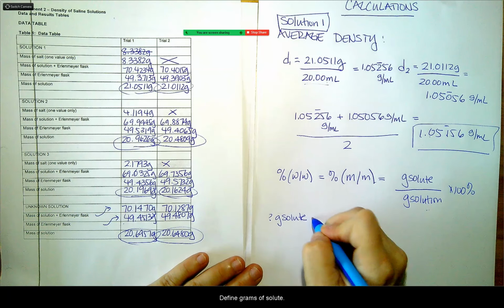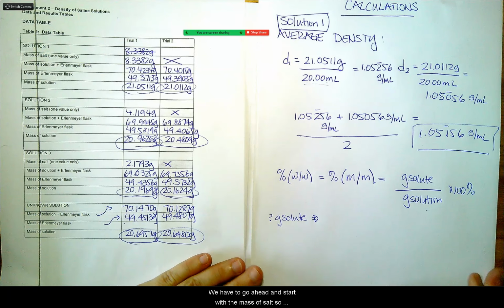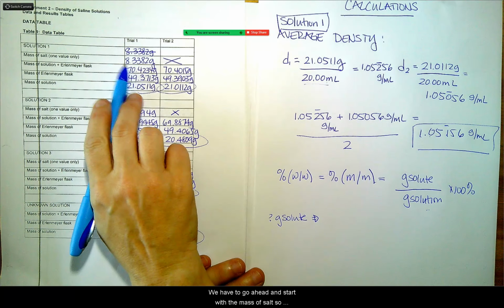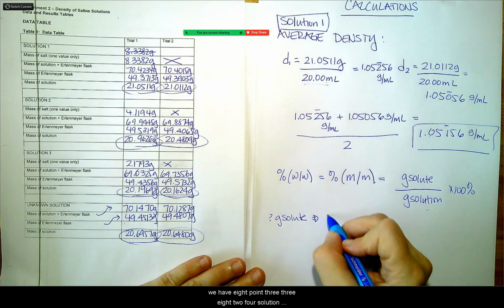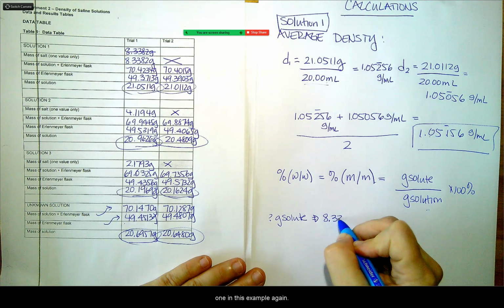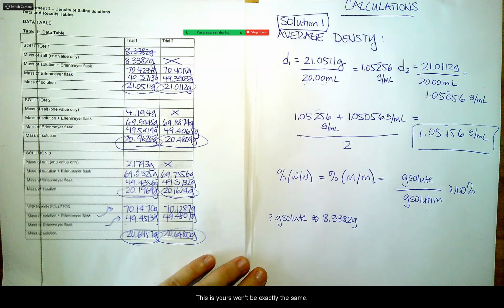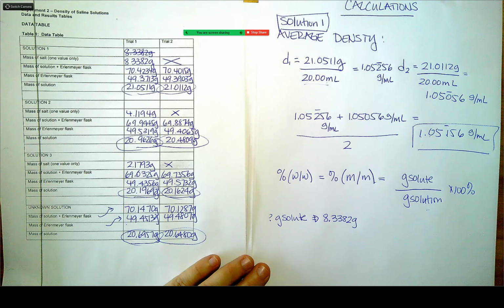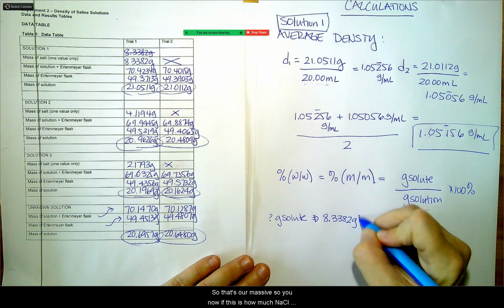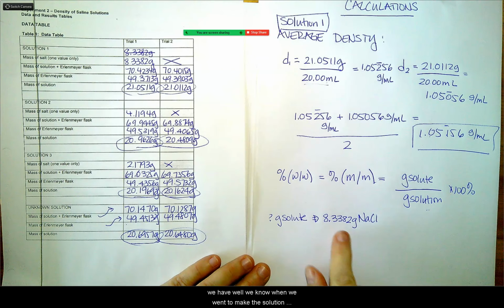To find grams of solute, we have to start with the mass of salt. So we have 8.3382 for our solution 1 in this example. Again, this is just made up data, so yours won't be exactly the same. So that's our mass of solute. Now, if this is how much NaCl we have, well, we know